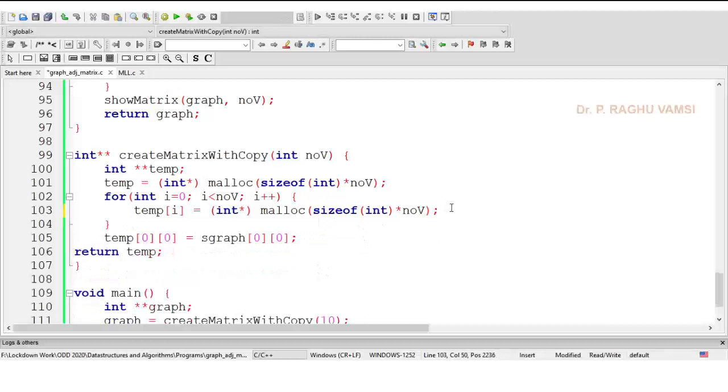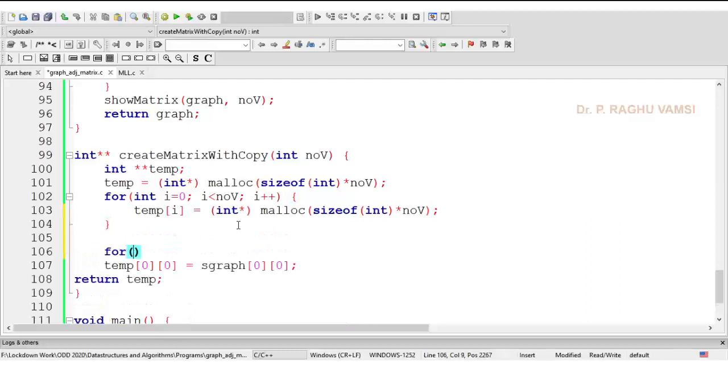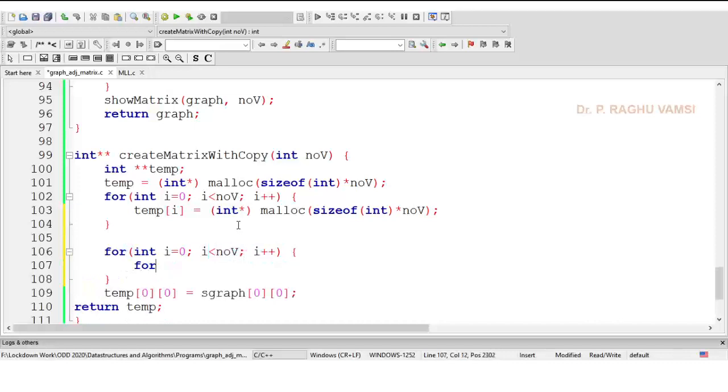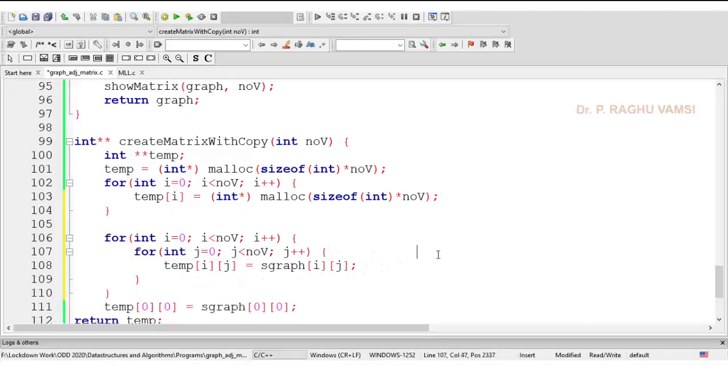After declaring the number of rows and columns, I will write a separate function: for int i equal to 0, i less than number of vertices, i plus plus, for int j equal to 0, j less than number of vertices, j plus plus, here temp of ij equal to graph of ij.